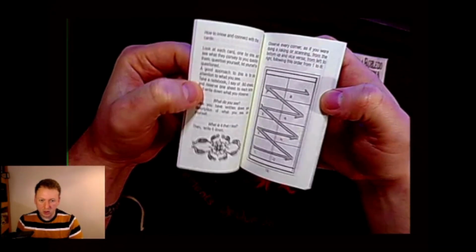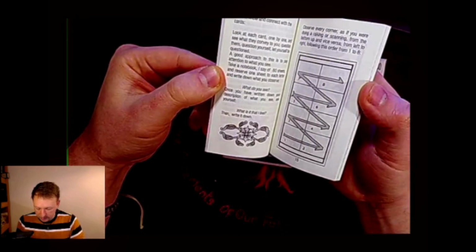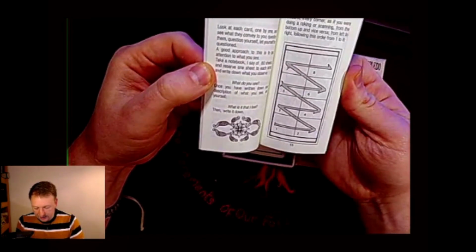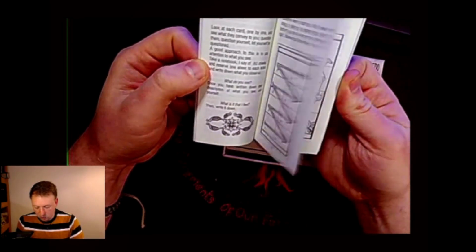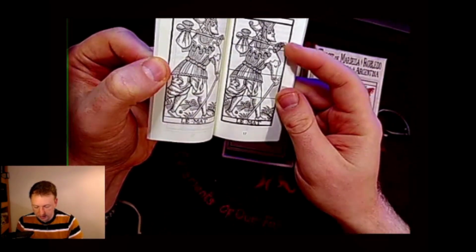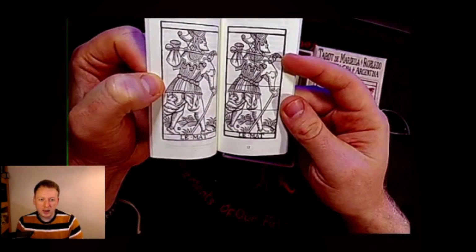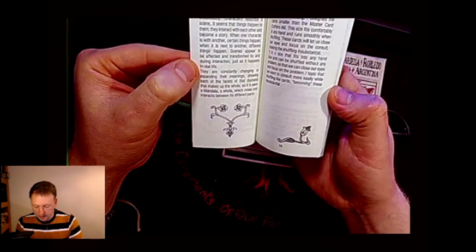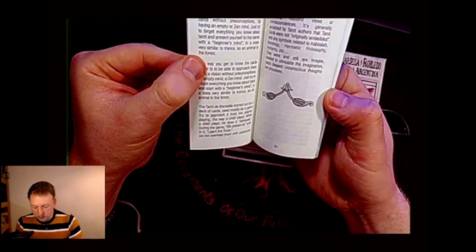Anyway, let's have a quick flick through the rest of the book, just so that you know what you're getting. It's talking about the patterns in the cards and what you see. It's very instructional. Oh, it's actually really beautifully done. It's like talking about, like I do on my videos, it breaks the card down a bit and looks at the